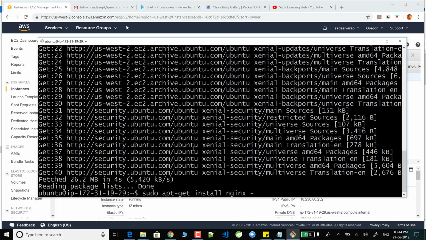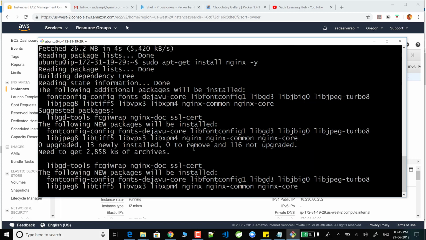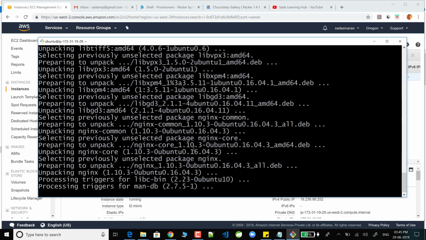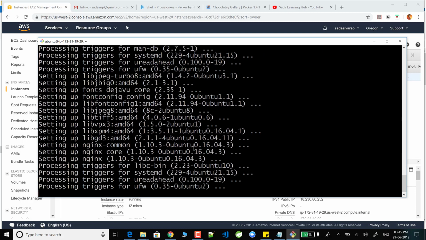I'm going to give -y initially, I don't want to give it again and again, which means it is not going to ask again and again, do you want to continue and all. See, my Nginx is installed into my virtual machine.